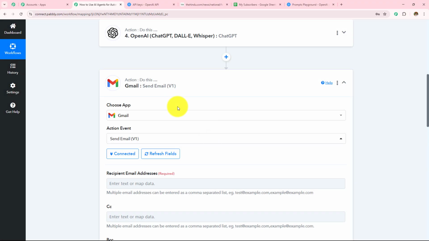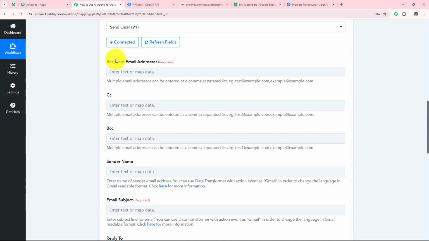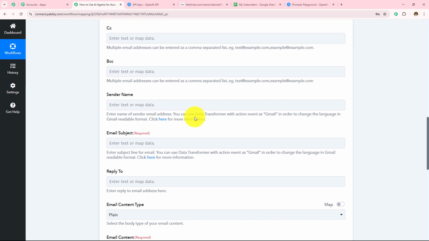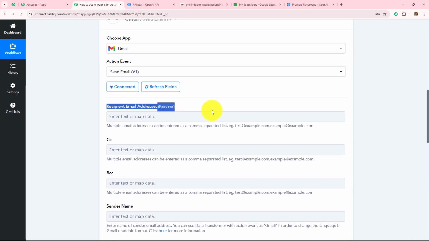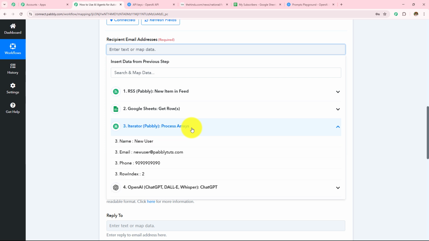So here, authorization successful, Gmail is connected with Pabbly Connect, and now I have to enter the email address and the rest of the details. So here I'm going to enter the email address. Now here, by now you know we are going to map the email address, and we have received the email address in this iterator step. So this is the email,